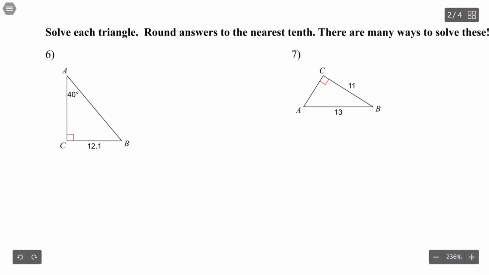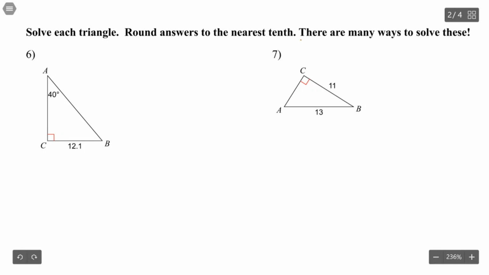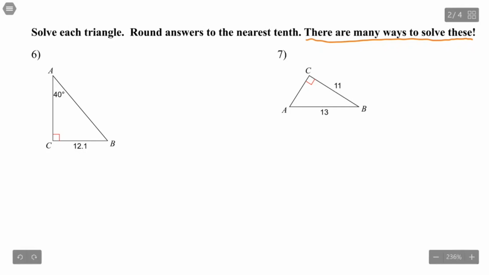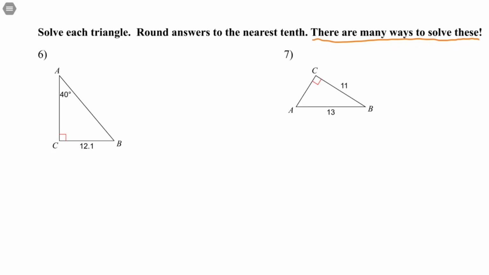Okay, we're going to move on to solving each triangle. First of all, I want you to notice at the top I say there are many ways to solve these. You can solve them in many different orders. I'm going to show you one way that you could solve these. You could have solved them in a different order and you should get the same answer. Aside from rounding, maybe if you only keep one decimal place, you might be off by a tiny bit, but that's okay. First step, regardless, we are going to label the angle we know, label our sides,